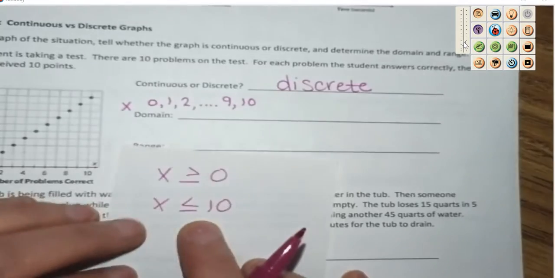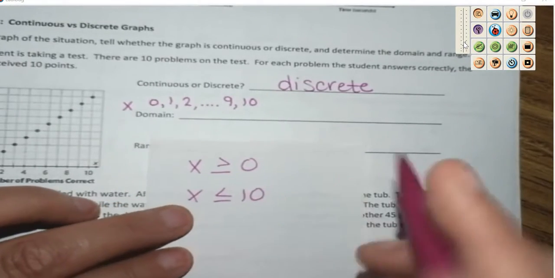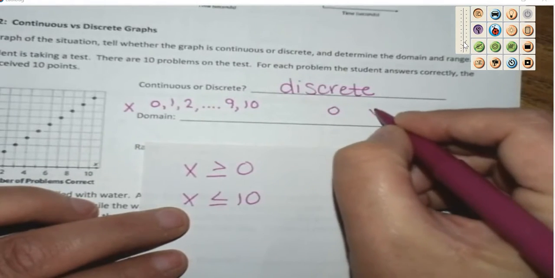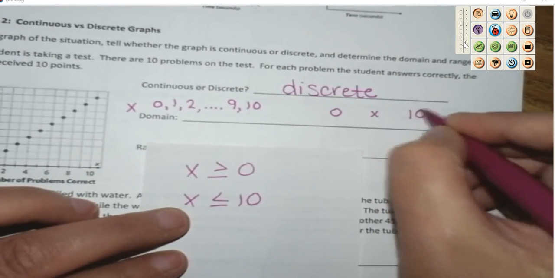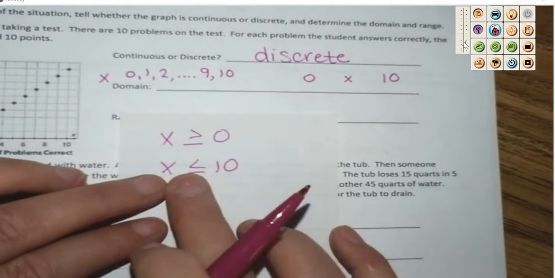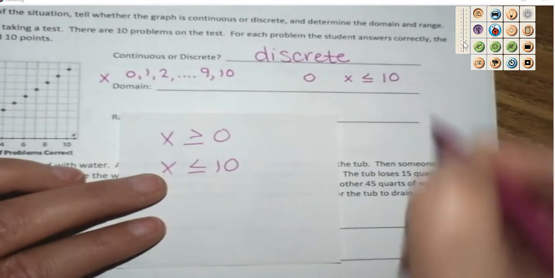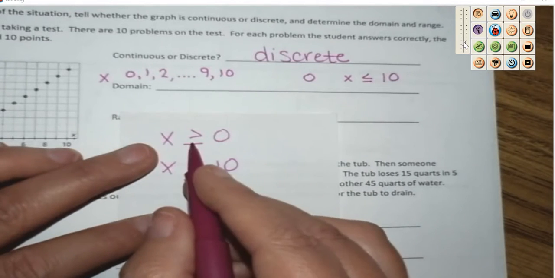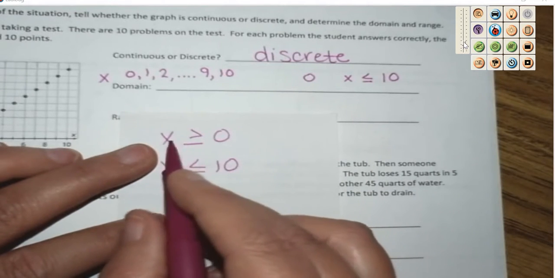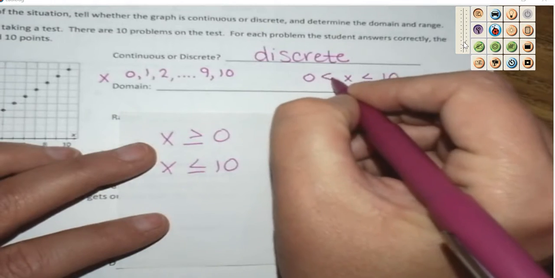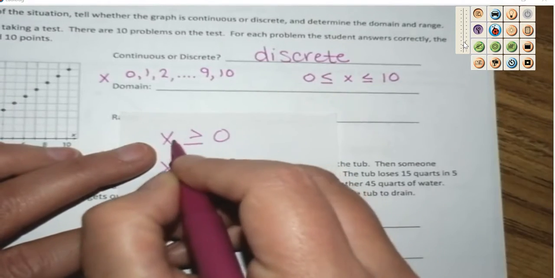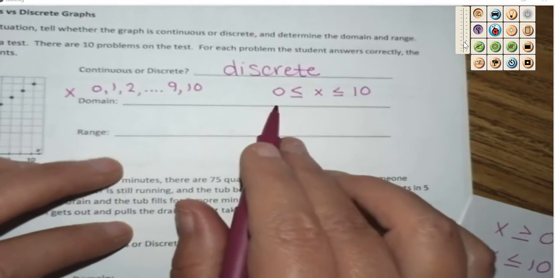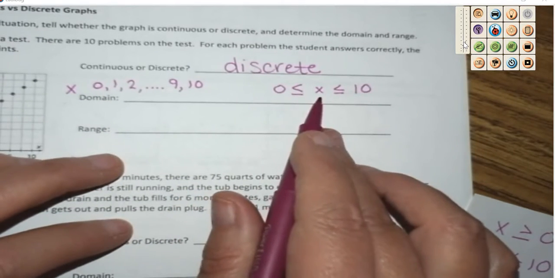So the way I show this, like we did in the previous lesson, I put the smallest number first, then I'll put my variable in the middle, I'll put the largest number at the end. X can be less than or equal to 10. X can be greater than or equal to 0, so the greater part is facing the x, sorry. Make sure the greater part is facing the x. So you're going to write down 0 is less than or equal to x, that is less than or equal